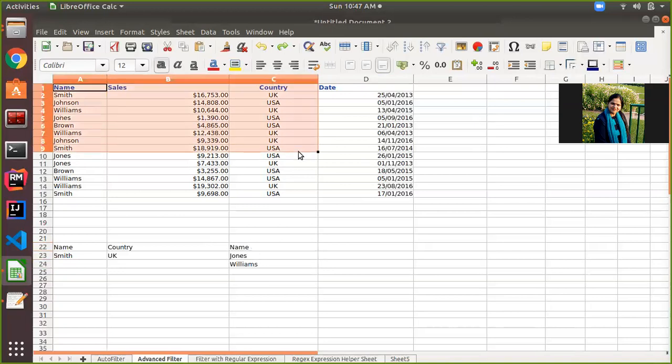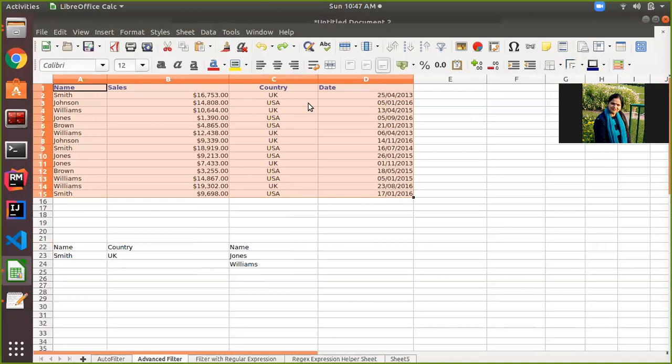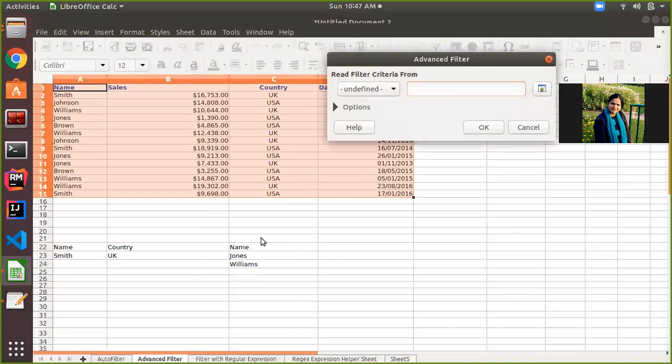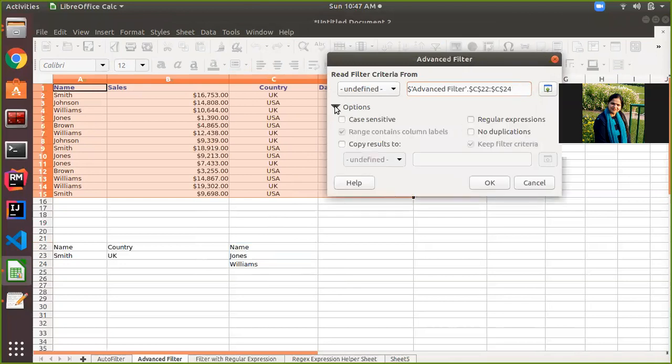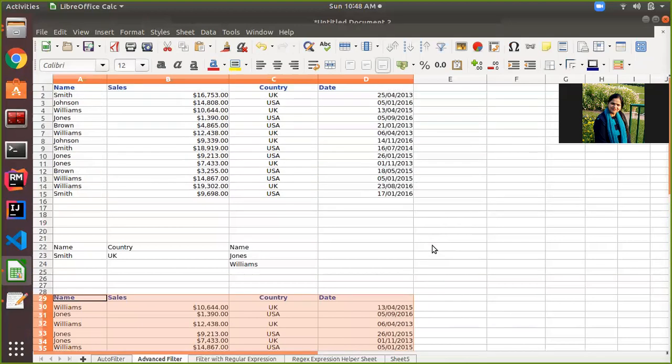Again I am selecting the data, repeating the same steps: Data, More Filter, Advanced Filter. I will specify the criteria. This is my criteria range, C20 to C24. Click on Options, then Copy result to, and here I want to copy my result, so I selected this. See, it's filtering out the sales done by John and William, right?